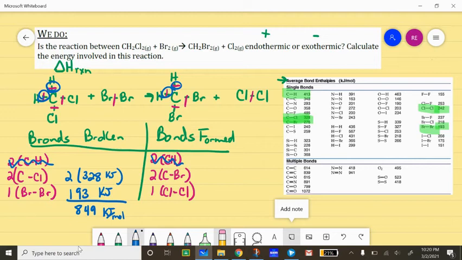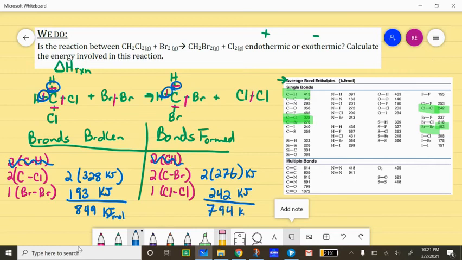Carbon-bromine bond, it looks like 276, and we've got 2 of those that we're forming. So 276, and then the chlorine-chlorine bond is 242, and we've got 1 of those. These are kilojoules of energy. Okay, so that's how much energy it would take to break those bonds. We're subtracting bonds formed, so that we can look for the difference between the two. When we calculate that out, I think we get